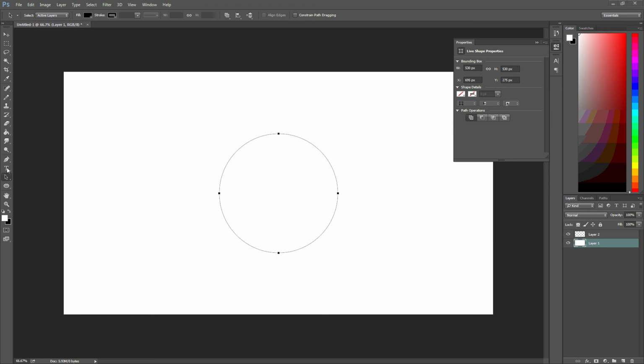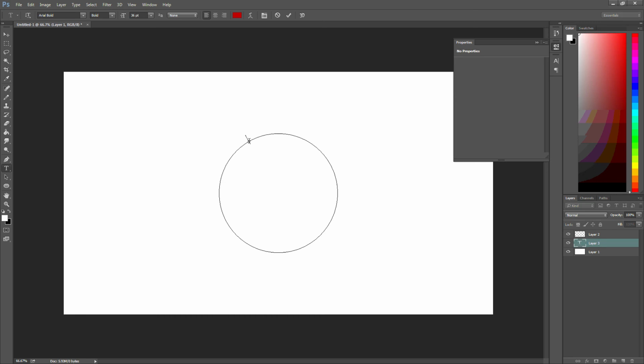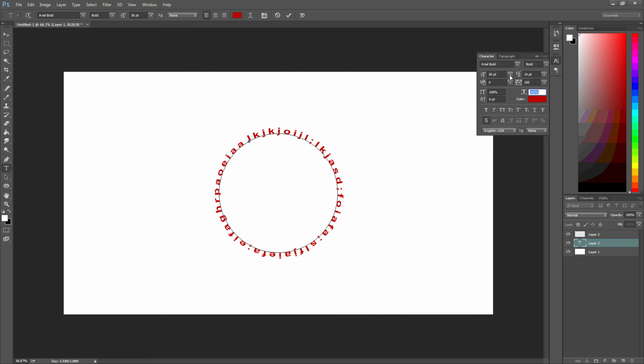Alright, and then I'm going to go up to my text tool. And if you notice now, when I come across my path, my cursor changes to this wavy line, and I get a cursor bar. So when I click on that, while I have that, notice now when I type, now I get a perfect circle around my arc here. And I can come up and change my properties of my text